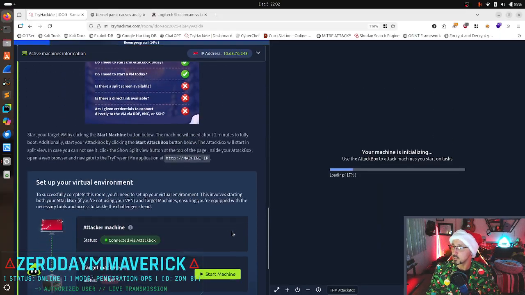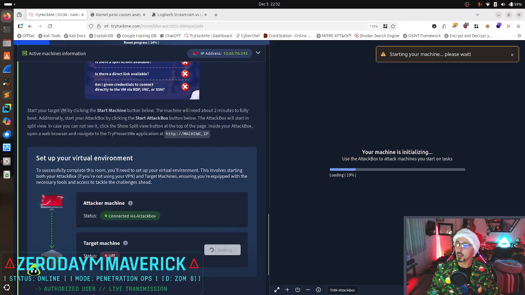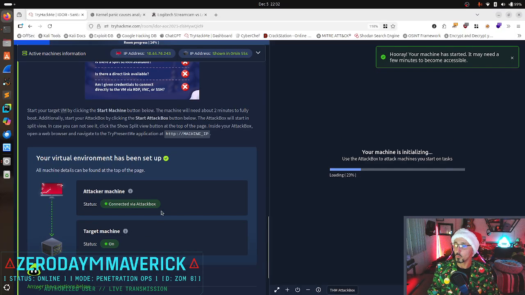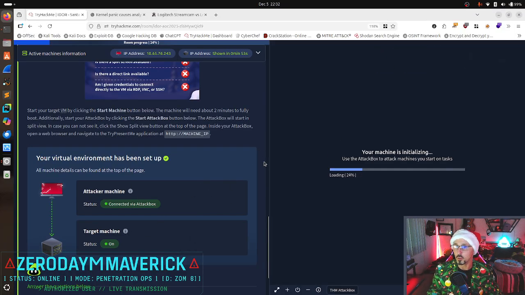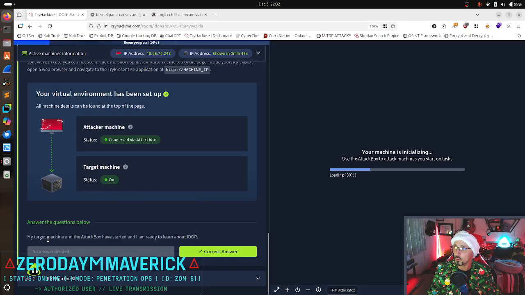Okay, so you can see, where's the machine? Give me the machine. Okay. So this is going to be the attacker machine, and this is going to be the target machine. Now, the target machine is the one we're going after. The attacker machine is the one we are using. This is the machine we're using with all the information that TryHackMe has provided to target the other machine. Now, we will go through and target once the attack box starts up and loads.